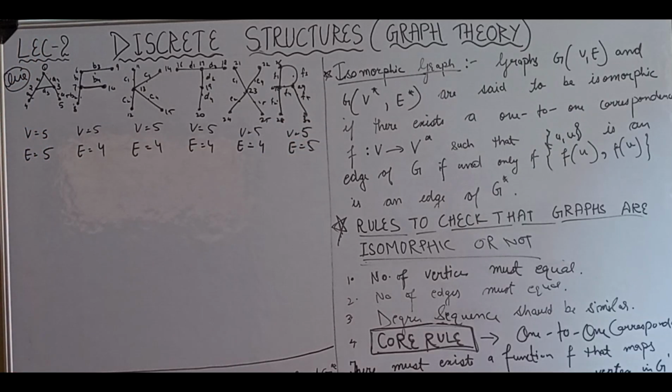So in this case, first of all we find the number of edges and number of vertices. For two graphs to be isomorphic, we have to check all the possible pairs in this graph. So if I consider these two graphs, I can say that these are not isomorphic. How? Because vertices are equal but edges are not equal. So I can directly say that these are not isomorphic. Other steps I do not have to do if I detect it by finding the number of vertices and number of edges in a graph.